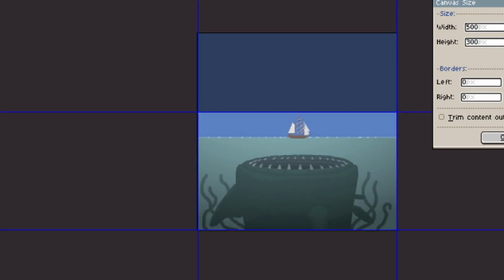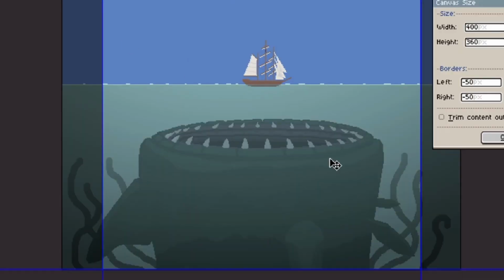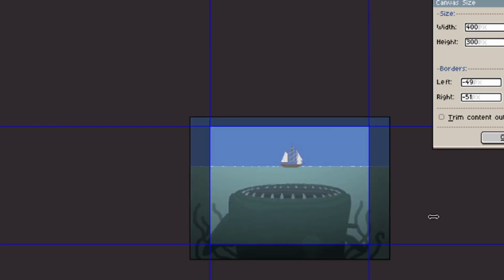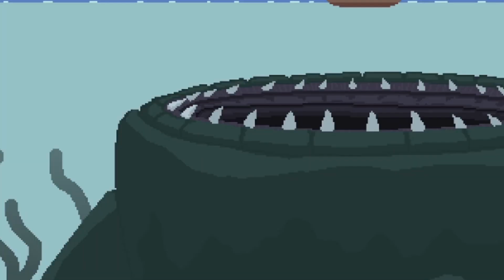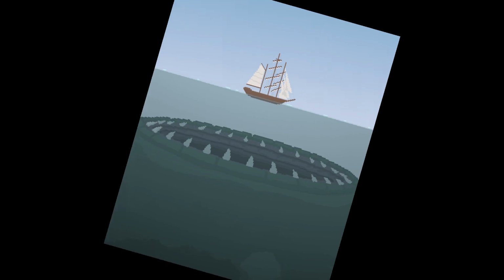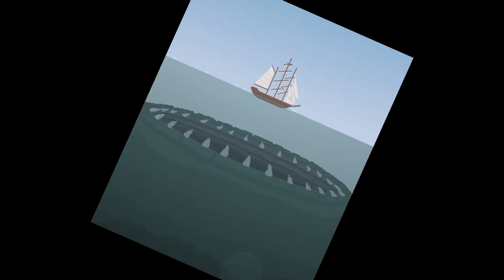Be careful, because if you use too large of a scale, your pixel art might not be considered pixel art anymore, just because you can't see the pixels, you know? This is what I did with this particular piece, and I feel like it ended up being less pixel art and more some graphic art or something, just because it was so...